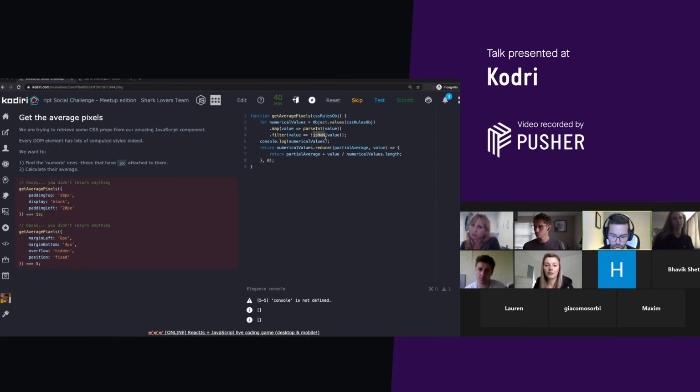There. But wait a minute. Number that transforms without exclamation mark. No, that doesn't make sense, because value is a number already, so that operation is pointless: you transform a number into a number. So that's not gonna work, Vicky. We need to use is not a number.